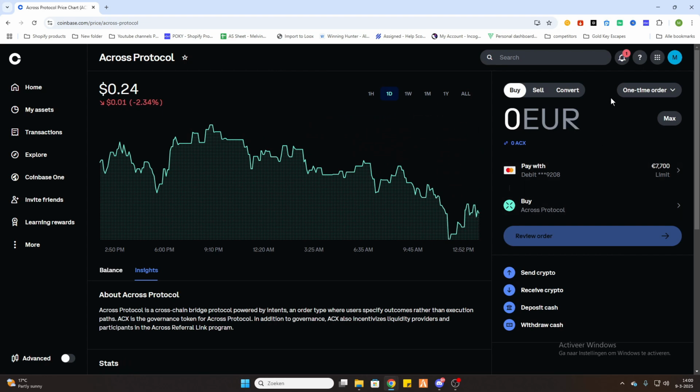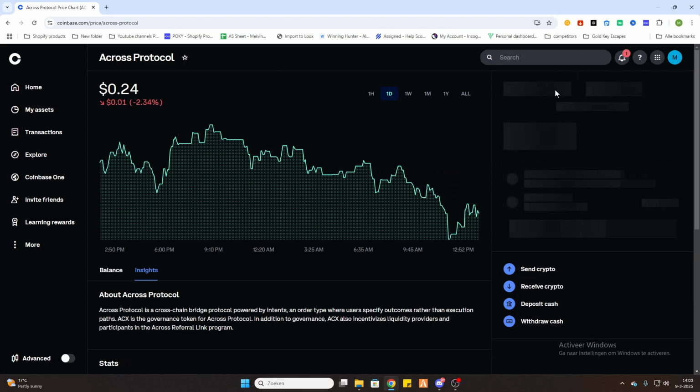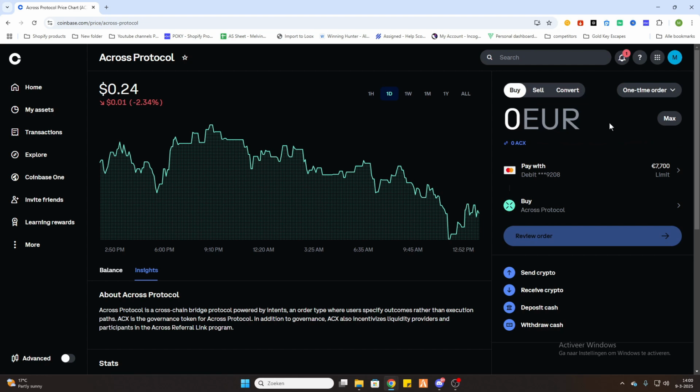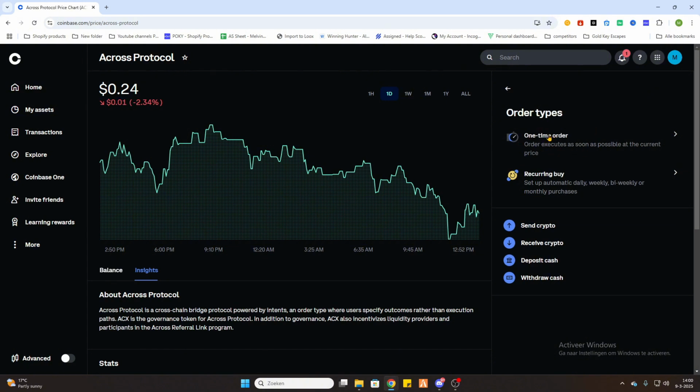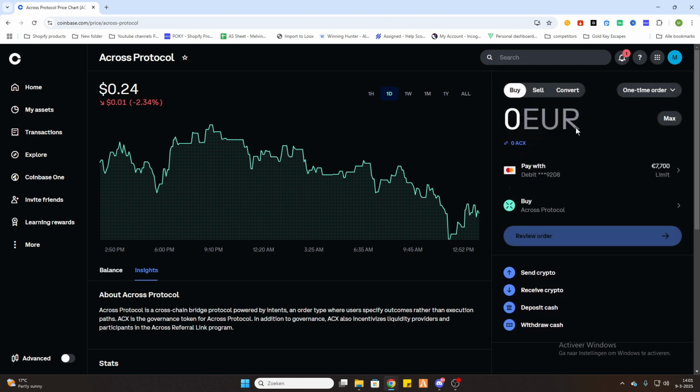As you can see, we have a quick option to buy, sell, convert this token. For this one we will select the buy option because we would like to buy the Across Protocol token. You also have an option for a one-time order, so for a single order, or a recurring buy. And this means you will set it up automatically to buy this coin on a daily, weekly or monthly purchase. After that, we will leave it for a one-time order for now, and we need to fill in the amount